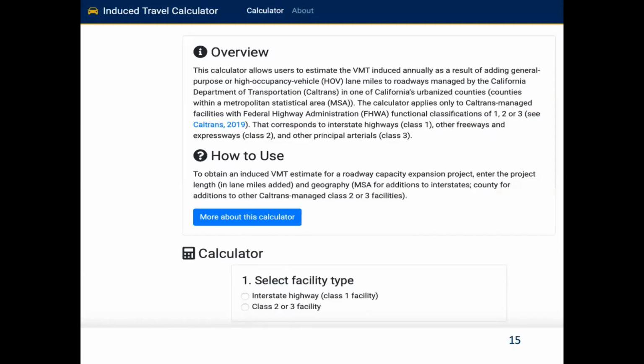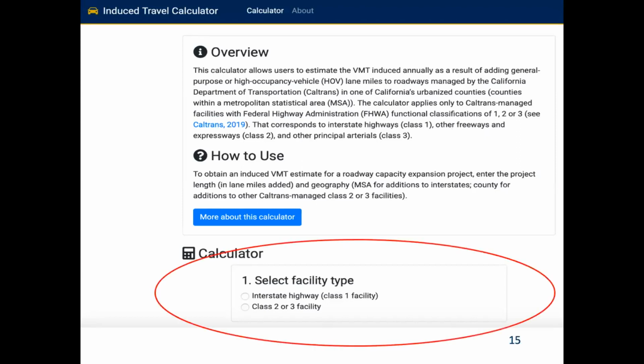So this is the view from the calculator interface page, and you'll start off by scrolling down to where it says calculator, and then you'll select your facility type. That's done right here in the circled area. And you'll choose either an interstate highway, a class 1 facility, or a class 2 or 3 facility. So let's say you're reading the original version of SB 319, Senator Wiener's bill, and we're wondering how much annual VMT would increase if we added lanes to 90-ish centerline miles of I-5 in Los Angeles County. So you would choose,